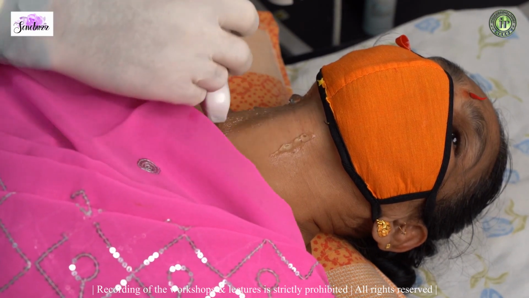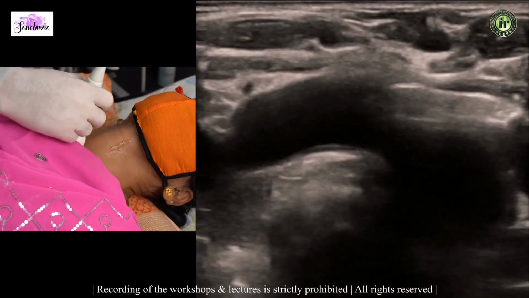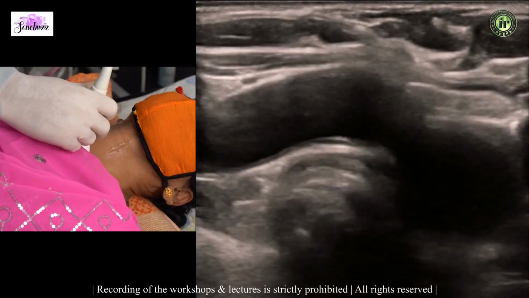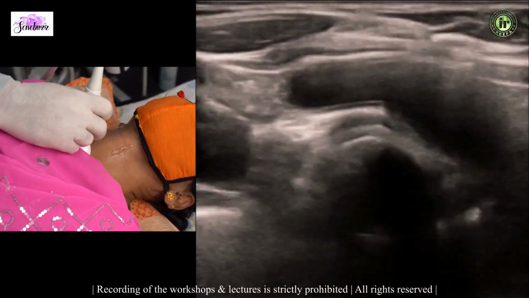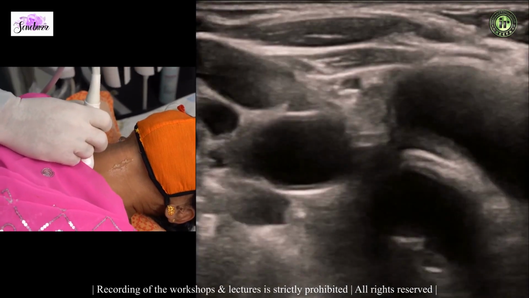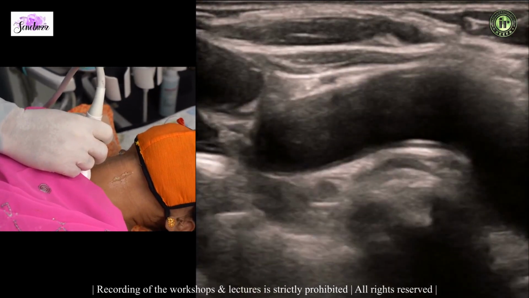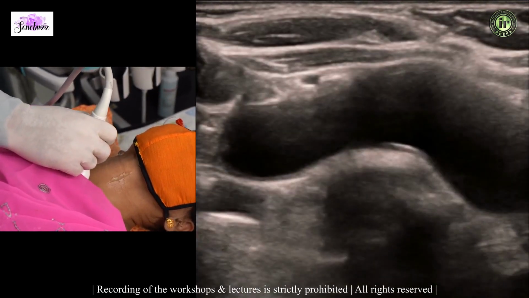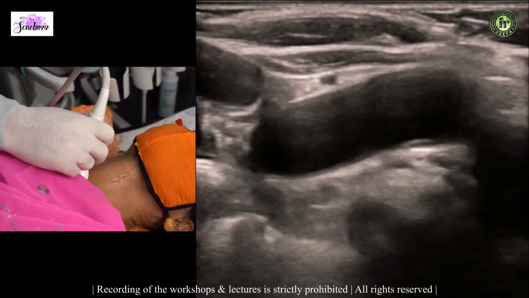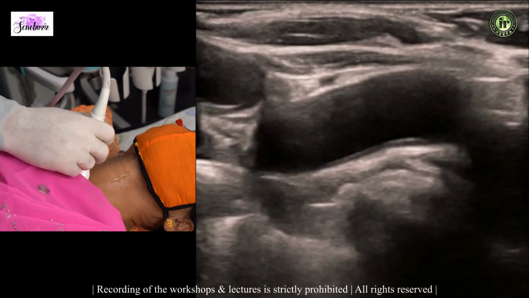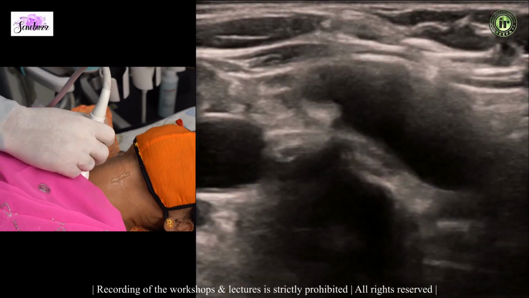For a good B-mode evaluation, you keep your probe transverse in the suprasternal region so that you identify the brachiocephalic artery. The brachiocephalic artery is going to bifurcate into the common carotid and the subclavian. The subclavian origin is a point that I will need you to stress upon, because at times you can have plaques which can potentially cause occlusion or stenosis of the subclavian and can cause an ipsilateral steal.